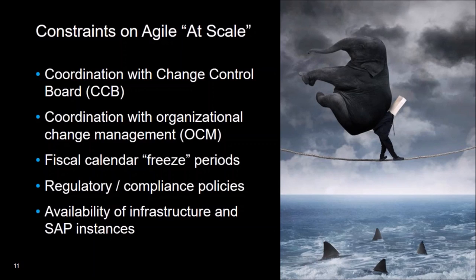And so one of the points is that you can start to look at some of those as components to be integrated into the overall Agile approach with SAP. So instead of having to wait for the change control board, maybe we set up the change control board to meet as the waves are released, instead of the waves having to meet the change control board schedule. Same thing with OCM. We recognize there are always things like calendar freezes, right? Month end, quarter end, year end. There are always times in which the business is saying no moves to production. We get it. That obviously conflicts with the concept of doing two-week Agile sprints. That's a constraint that you work within.